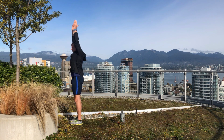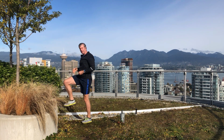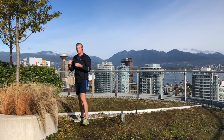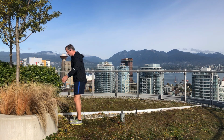Okay? So up. And we stick that landing for 3 to 5 seconds. Sticking the landing will demonstrate that we have control. In sports, it doesn't make any sense to be powerful, but not in control. Okay? So again,